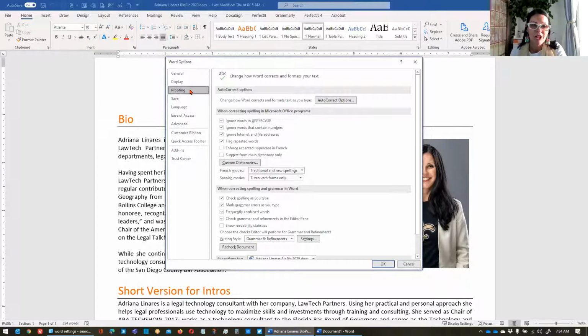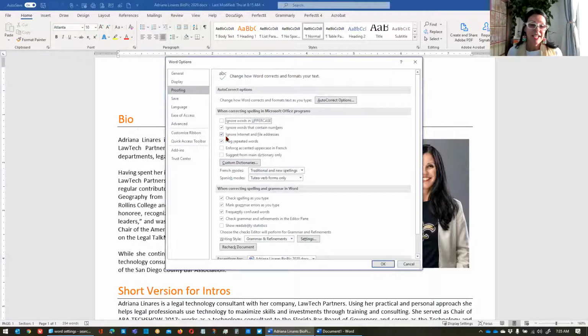So if you go to File, Options, Proofing, you're going to see that what is checked right here by default is ignore words in uppercase. So I've had lawyers call me and say, my spell check is broken. Agreement just went out with 4 E's in it. Go, probably in the title of your document or in the heading. It was probably in uppercase, and Word just did what it was told, which is ignore it. So you want to uncheck that.